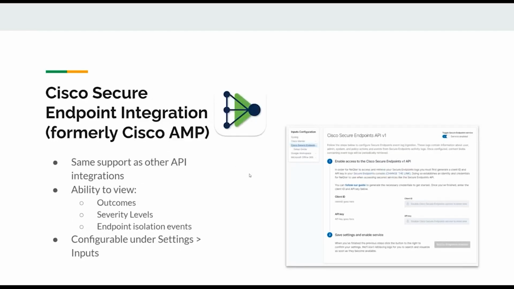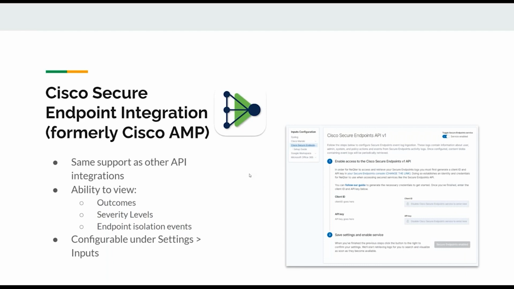And something that wasn't on our radar, but we were able to add pretty quickly. Our dev Austin really just expedited this and said, "Hey, we've got data." We've had a couple of requests for Cisco AMP, which is formerly Cisco AMP and is now called Cisco Secure Endpoint.